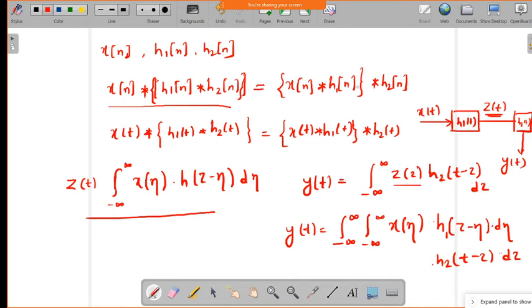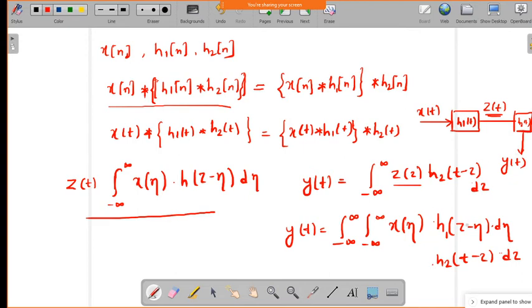So this associative property we can write in the cascaded connection, and similarly the distributive property we wrote in the parallel combination, since it is the addition of two impulse responses. Here it is the convolution of two impulse responses, so that's why it is in the cascaded form. So now take this one and try to get back the convolution in terms of this output y of t. So what will you get?